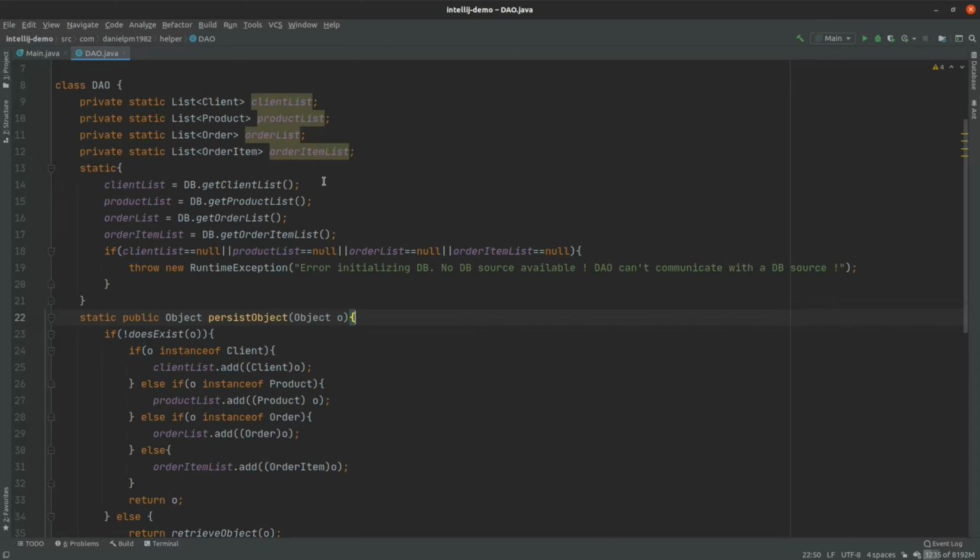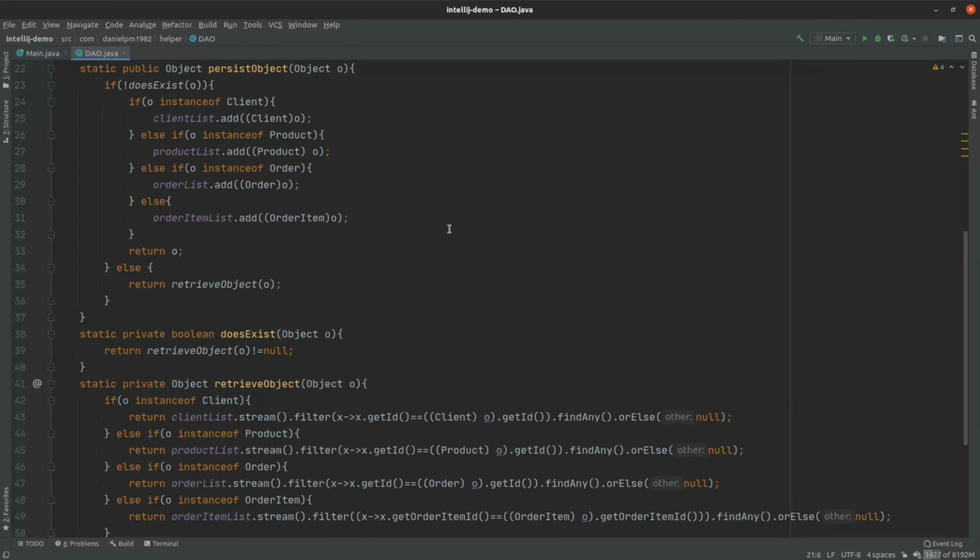So we will have a DAO for client and another DAO for product, another one for order, and a 4th one for order item, and then we'll use them from inside an interface that the controller will use. So as we have the 4 references here for the 4 lists inside one same DAO, I would have to offer